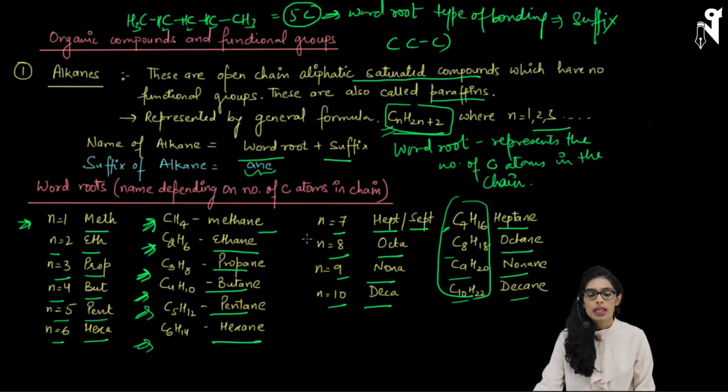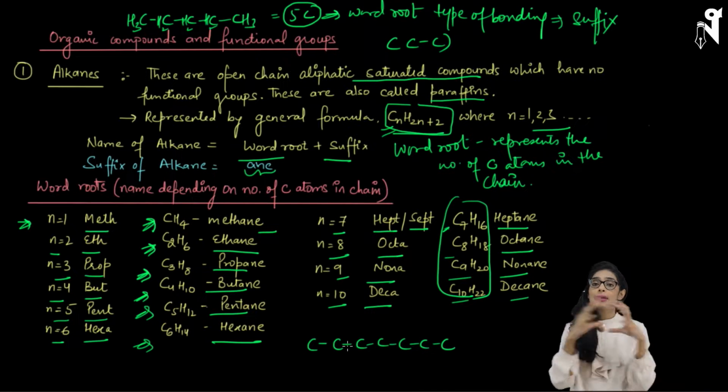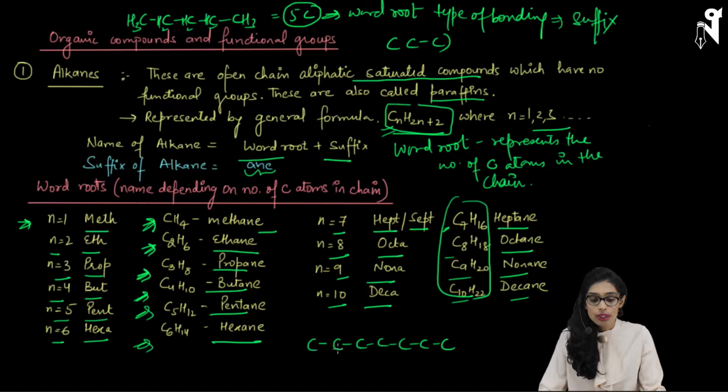and you will get the same formula. For example, if I take the carbon chain of 7 carbons, I'll write it as C, C, C, C, C, C, and C. So basically, I'll make the backbone of the chain with the carbons first, and then once the carbons are linked through the required bonding, we will fulfill the valencies of the carbon with hydrogen. So here we have 1, 2, 3, 4, 5, 6, 7 carbons,